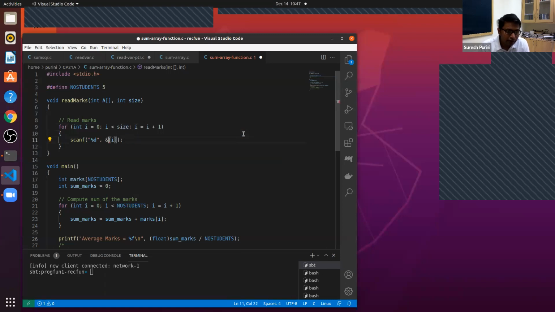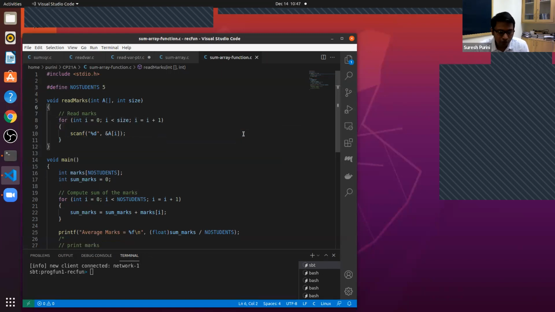Are you all with me on the way we are reading array a using the read_marks function? This is the canonical form I would like you to follow while writing your assignment 2 problems.